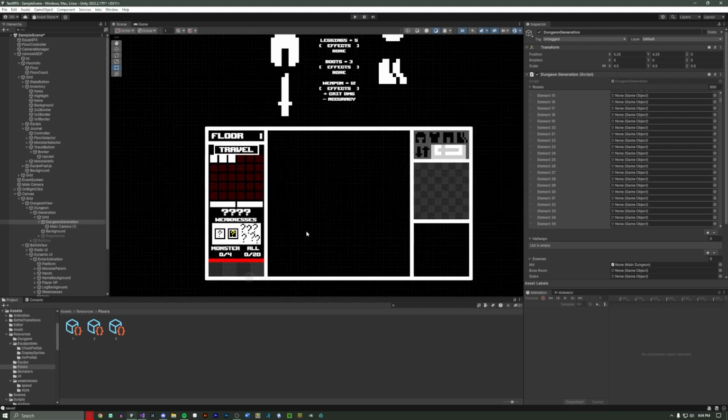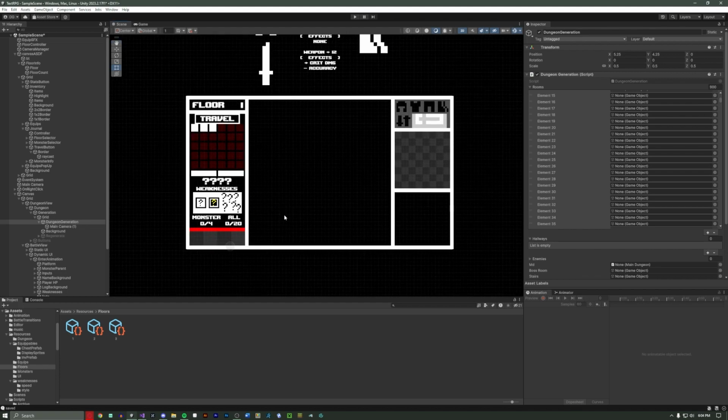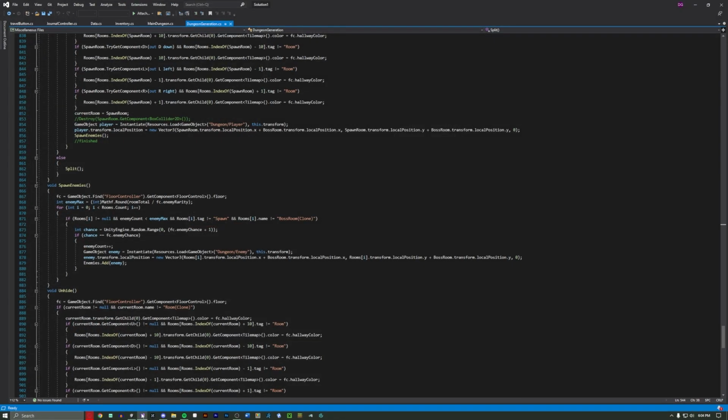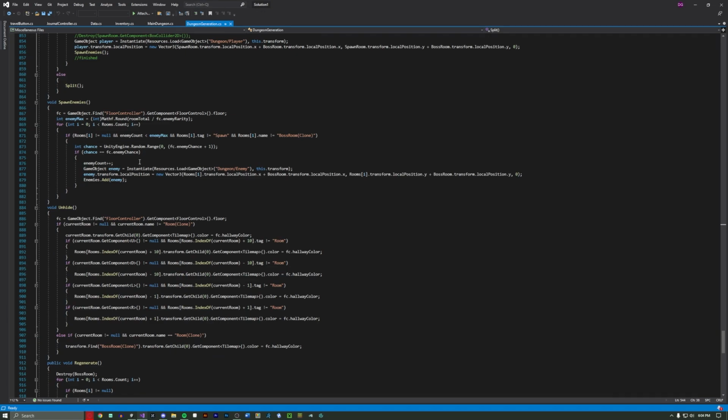Okay. So I have these enemies. It's probably going to be different for your game, but I'm just going to say how I did it. I have these enemies that are stationary, and obviously you can add AI to yours and make them move around. But how I do it is, how do I do it? I get the amount of floors, and depending on the amount of floors,